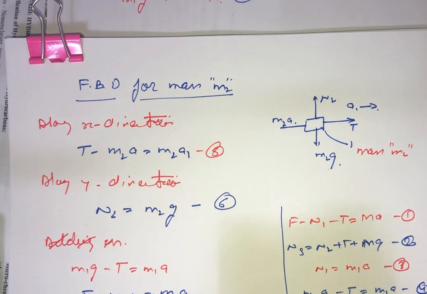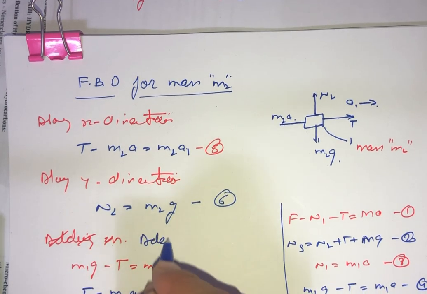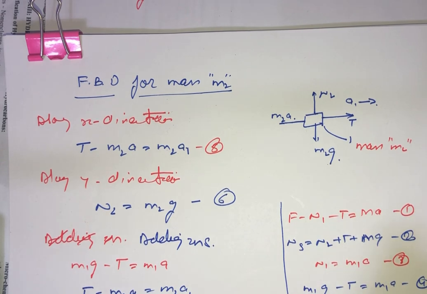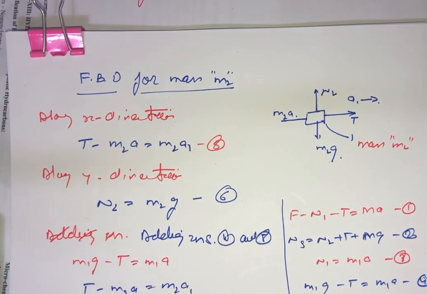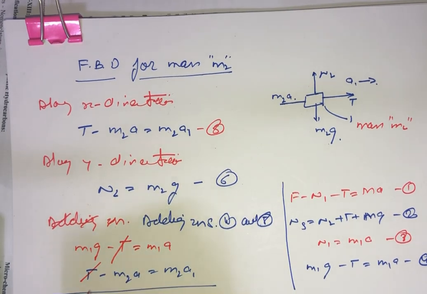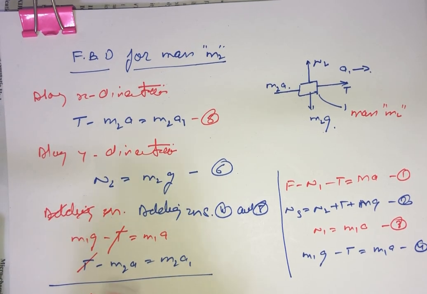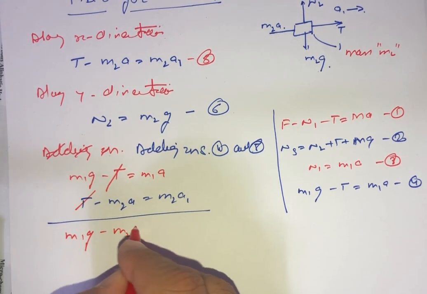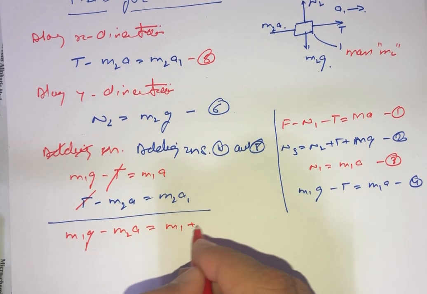Then we are going to add them, adding equations 4 and 5, T cancels out, and we are left with m1g minus m2a is equal to (m1 plus m2)